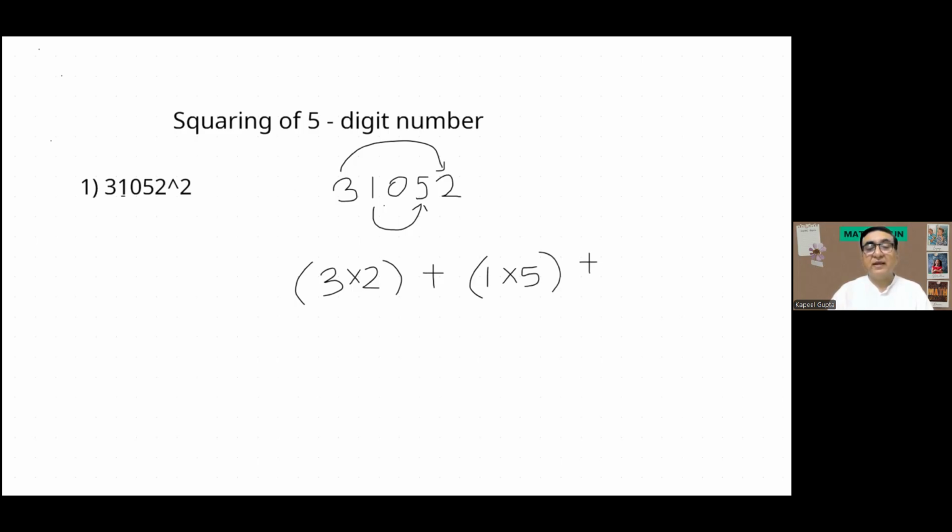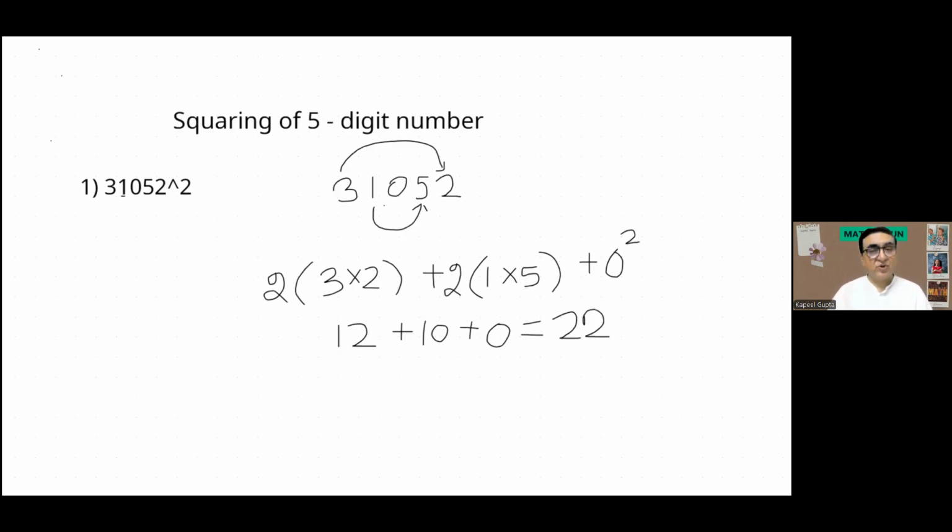Told you for that I need to do square, but for the first two pairings, because if you remember, we always used to double that, so I am multiplying with 2. So now 3 twos are 6 and 6 twos are 12, that becomes the first one. 1 and 5, 5 twos are 10, that becomes the second one. And 0 square is 0. Simple. So that means I have got 22 as a duplex of the five-digit number